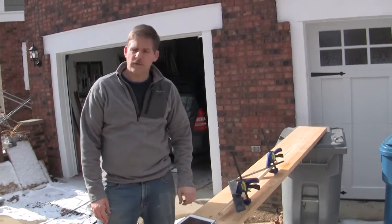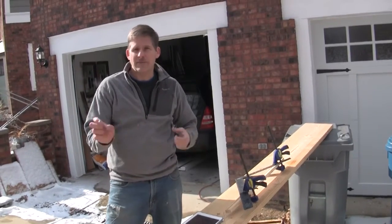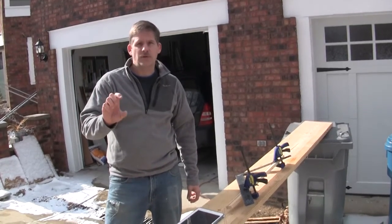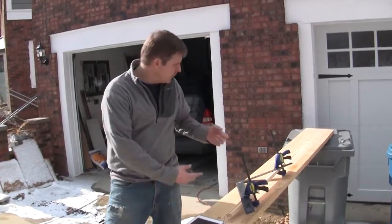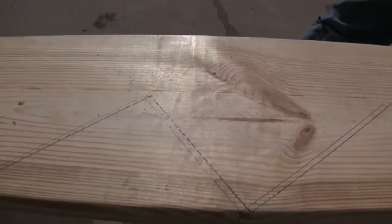They ask you on this calculator what the number of stairs are that you're going to have, so you have to have an idea about that, and we'll talk about that in a second. And then also your tread thickness. They want to know how thick your treads are going to be. You put those numbers in, and it outputs a number, and the number it gave for us was what you see drawn on this riser board, that there are two lines on there, and there's good reason for that,